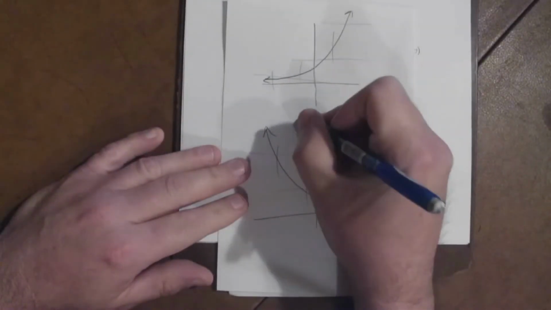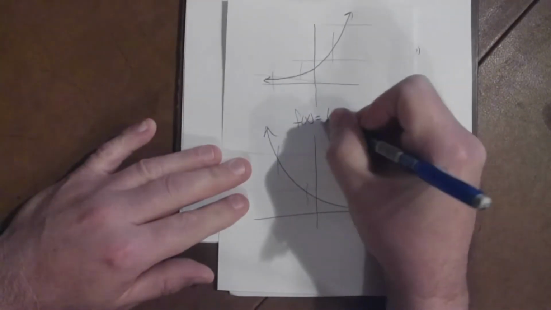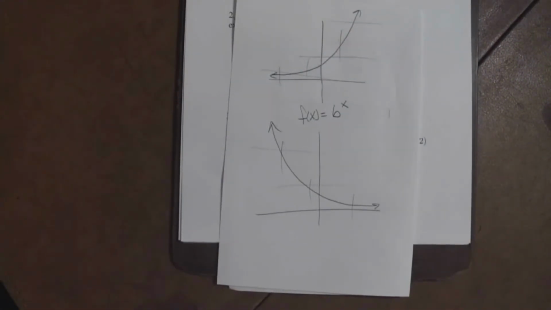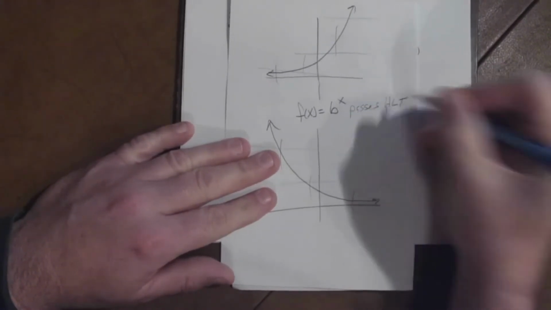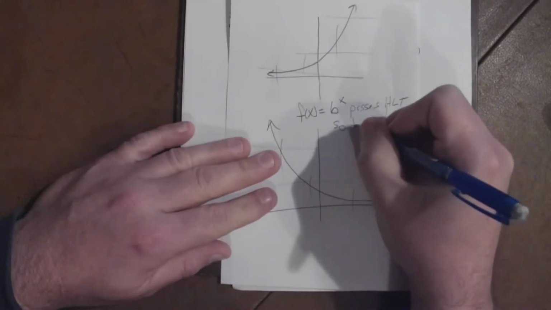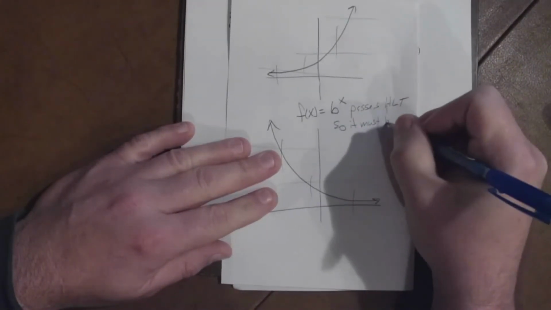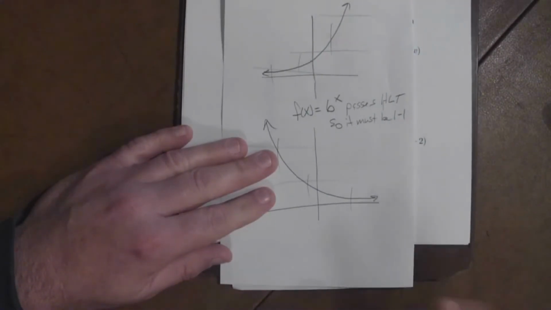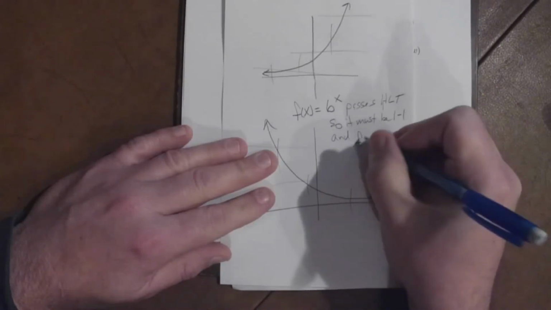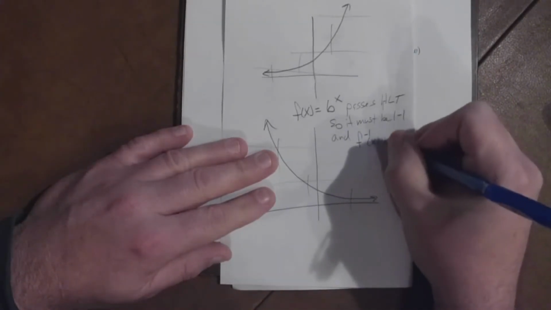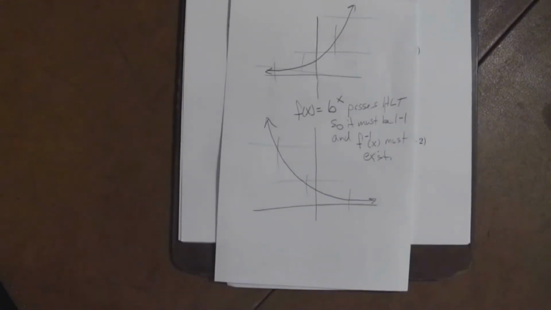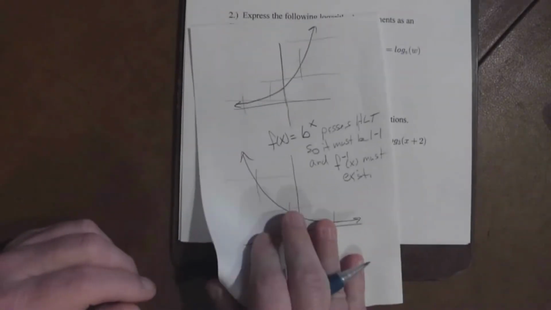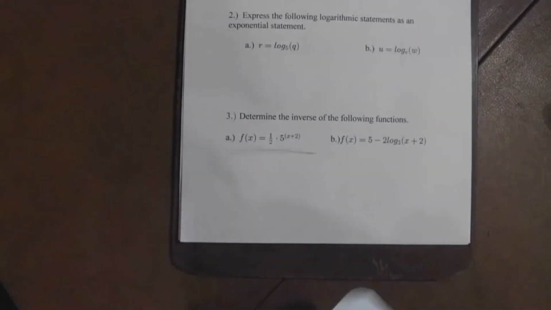Every exponential function in the form f of x equals b raised to the x power passes the horizontal line test. So what does that tell us? It must be one-to-one, and f inverse of x must exist. There must exist this inverse function. And where does that idea of this inverse come about from? If we actually start to think about